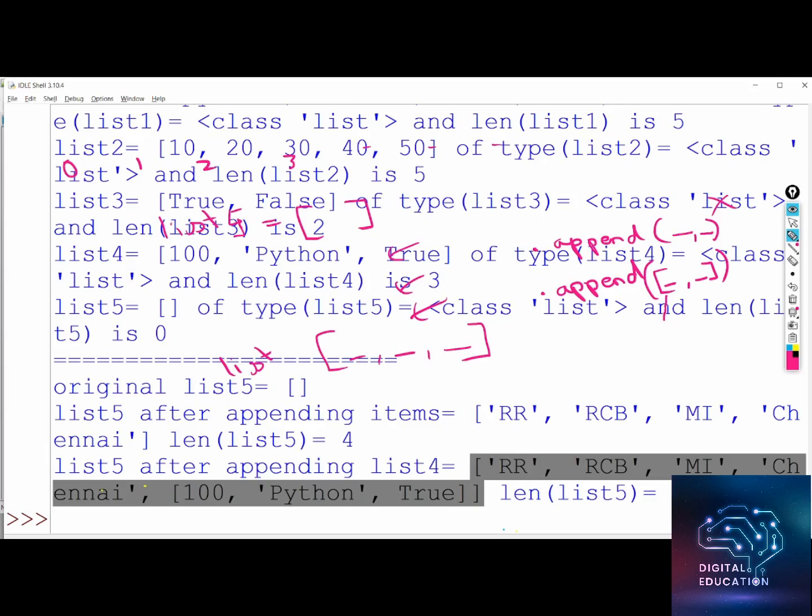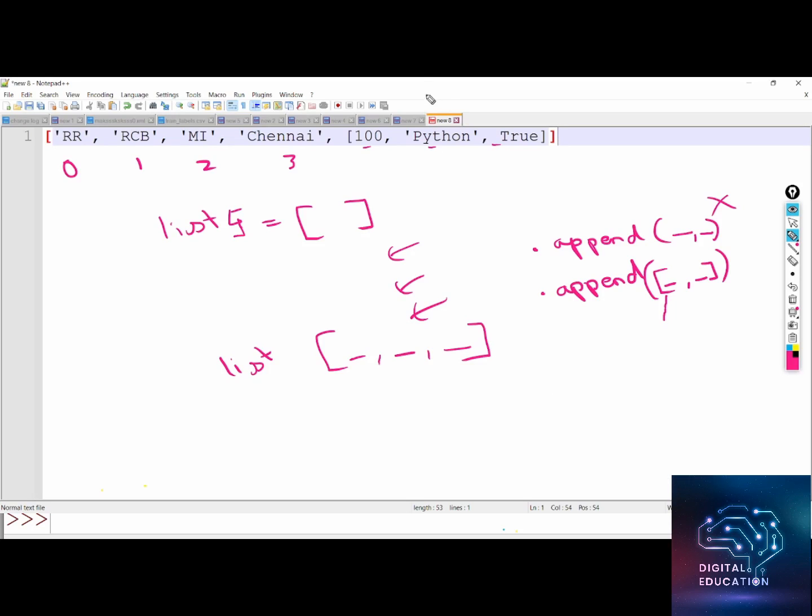We are getting only length 5, and initially it was 4. After appending list 4 to list 5, I was getting only one length more. Previously it was 4, now it is 5. Why is it so? If you carefully observe here,